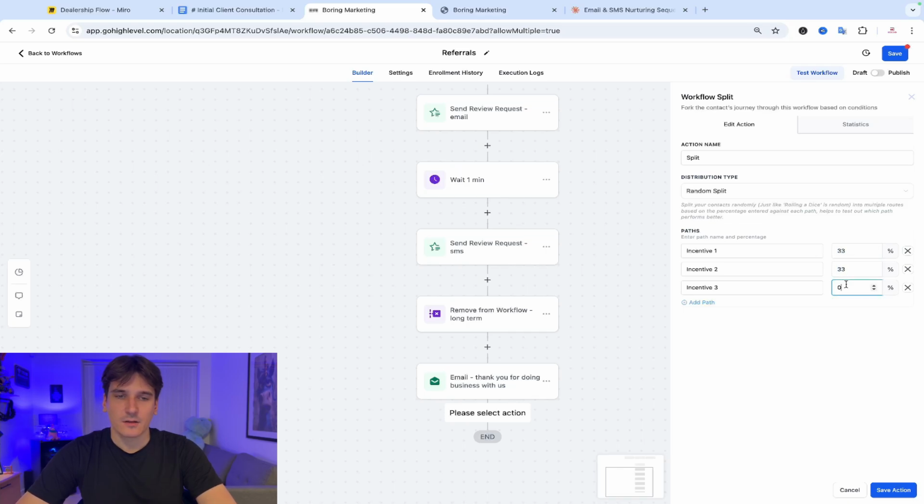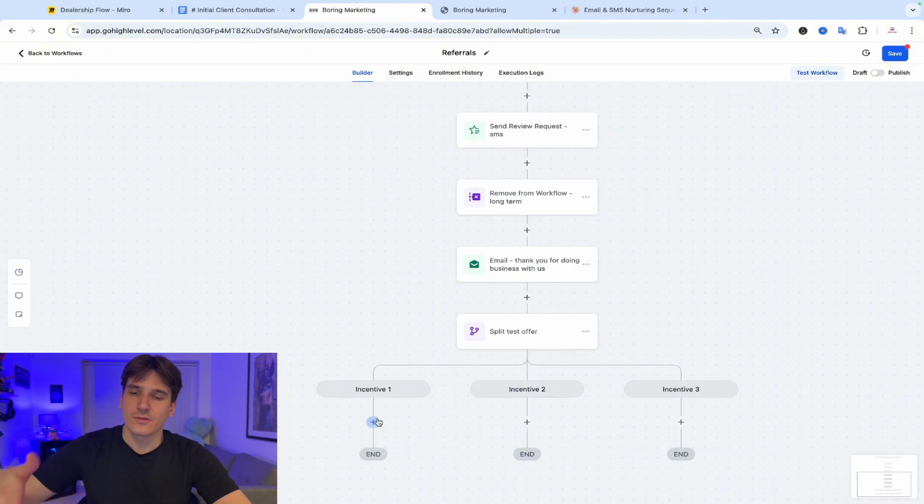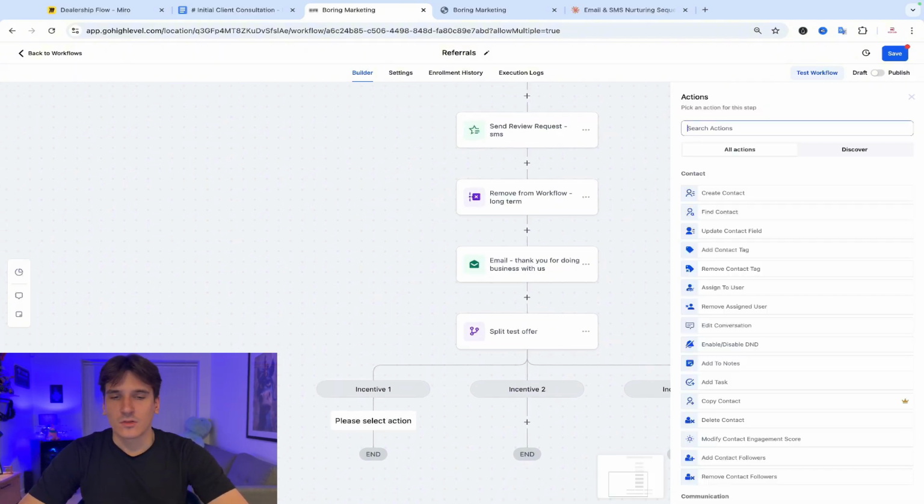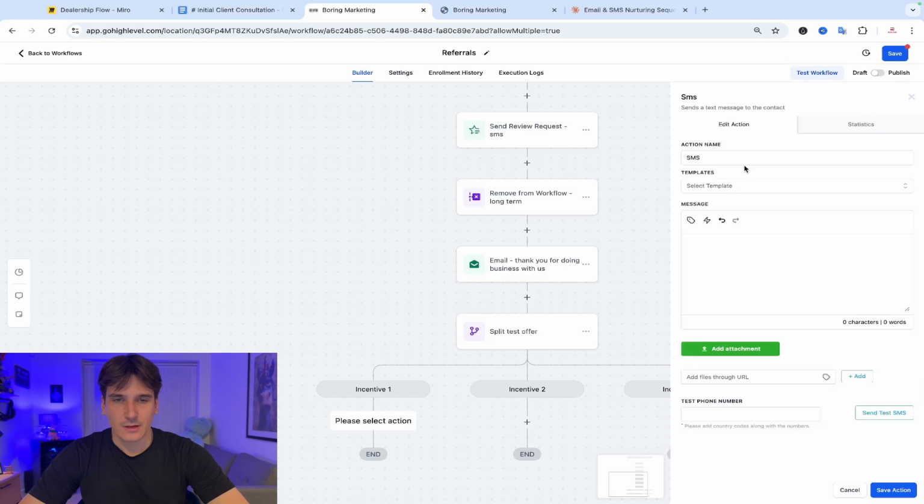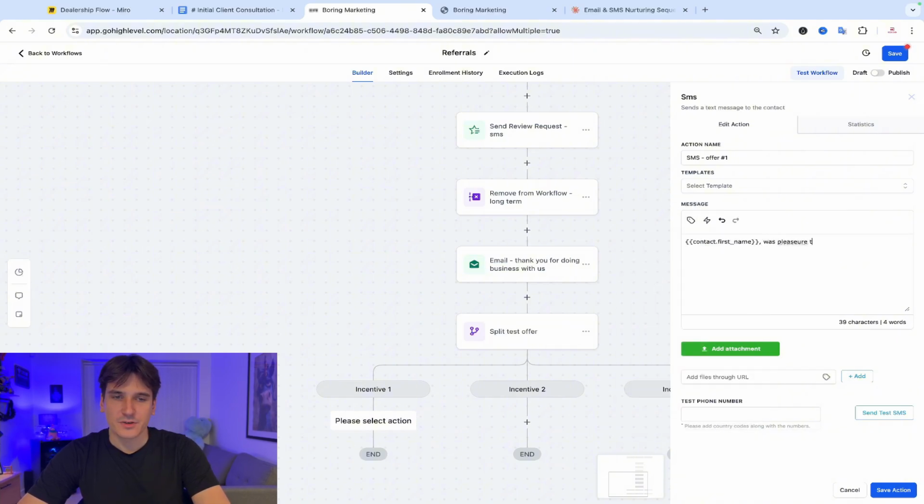And just like that, we can offer people different incentives and we can track which offer brings a lot of referrals and which one just doesn't work. So in that case, we're going to have SMS offer number 1. And in here we can start typing things like, hey, John, thank you for doing business with us. John, pleasure to work with you. If you know anyone else that wants to use our services, I would be more than happy